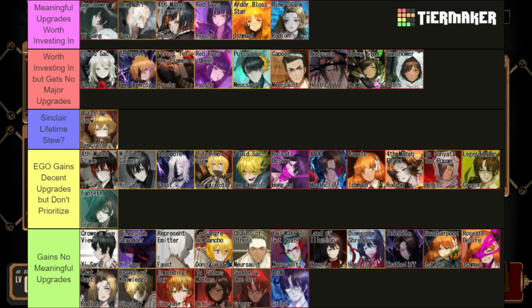Sinclair's Lifetime Stew is still the only one that I'm really not sure where to put it. I definitely see it being more useful now. I still don't really like how it works, but if you like it, you're eating good tonight. That's some good soup. The rest of them, probably don't worry about it. Your IDs are going to take priority over all of it. And all the ones at the bottom there, until they get an ID that they specifically support, in the case of AEDD, none of these...